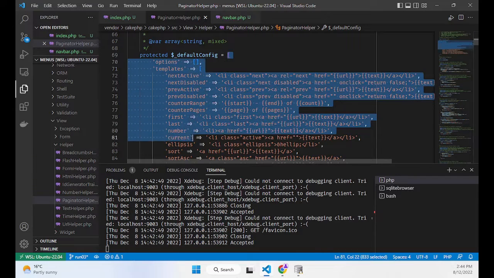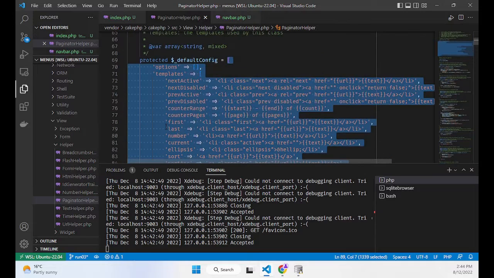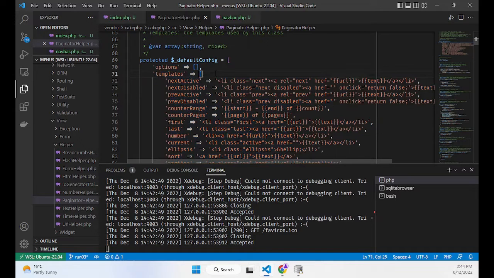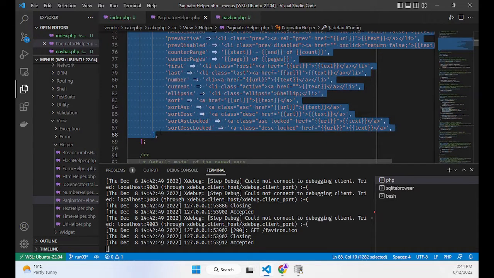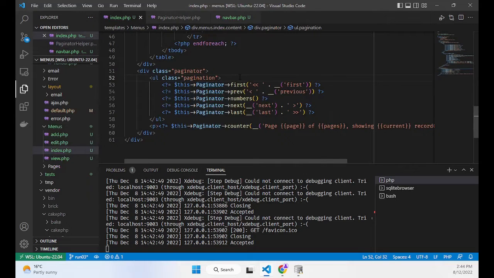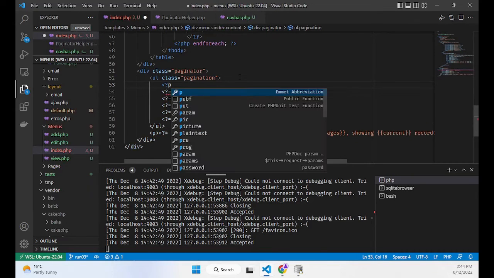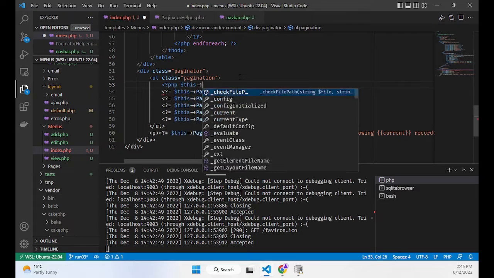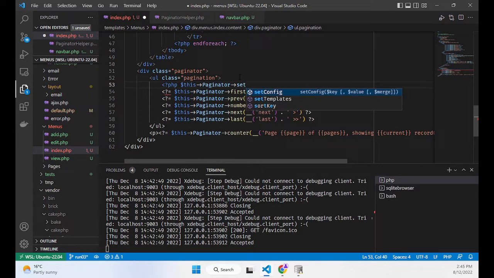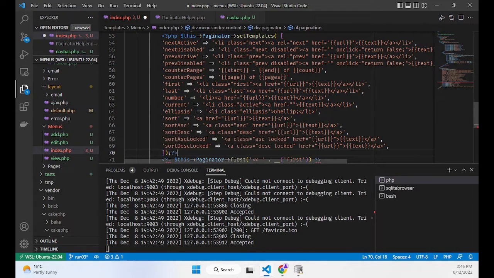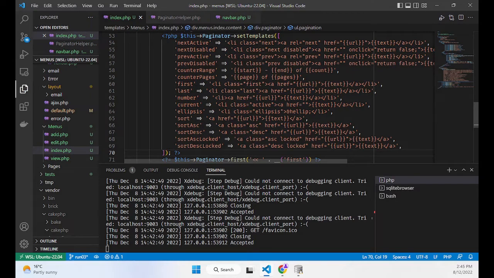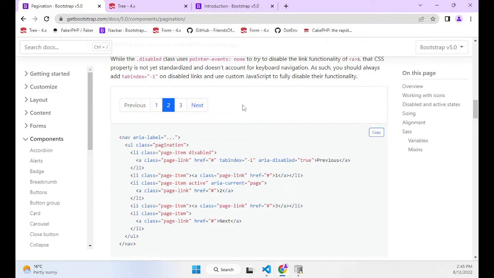So what I can do here is, we can do this a number of different ways, but firstly, let's do it closest to the change we want to make. Let's do it really close. Let's put this here. So let's go PHP this paginator set templates, and let's set them firstly to all the defaults, and then